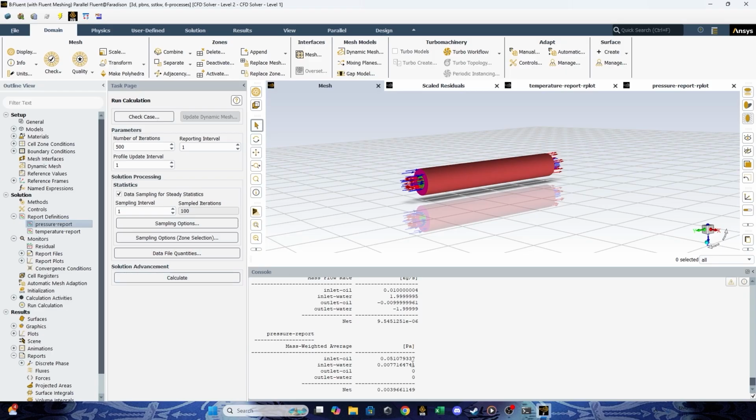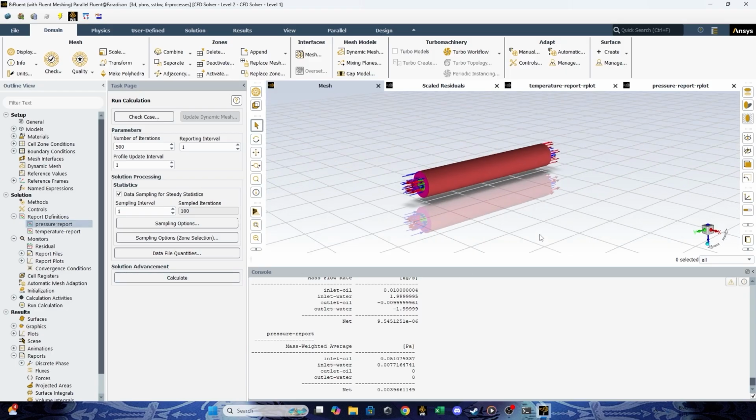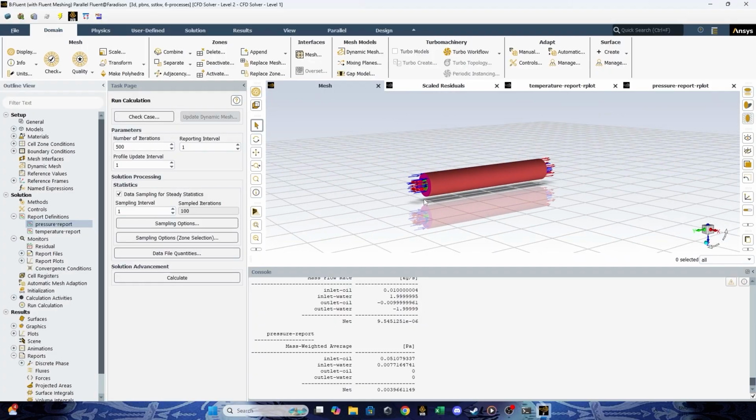So you can see this is the pressure drop happening in this tube, in this heat exchanger. The pressure drop for the oil is 0.05 Pascal minus 0, so 0.05, and for the water itself, the pressure drop is 0.007 minus 0, which is 0.007 Pascal.